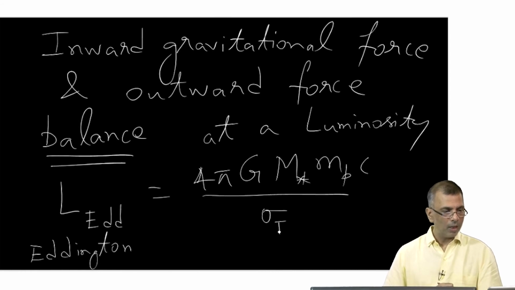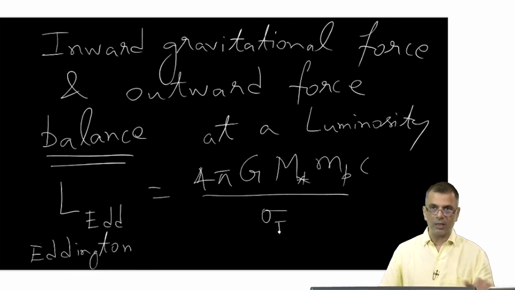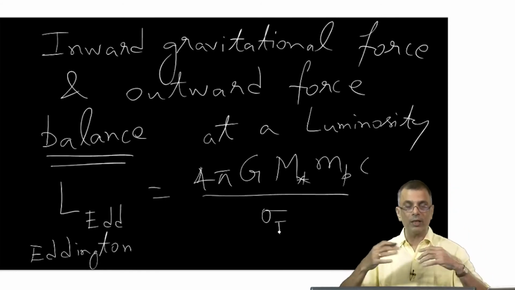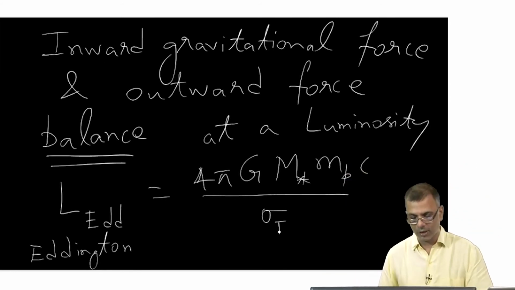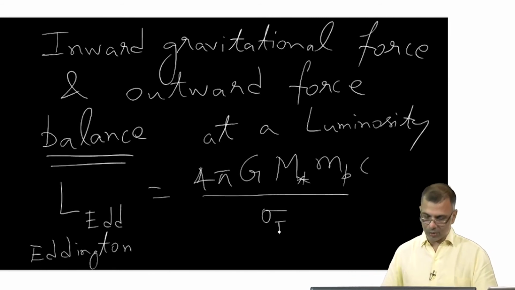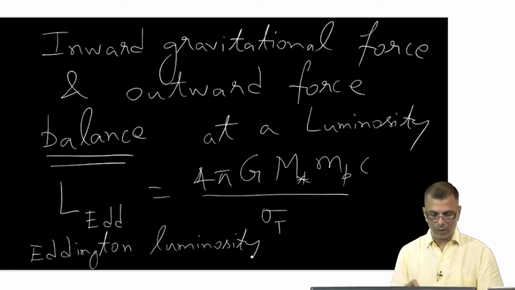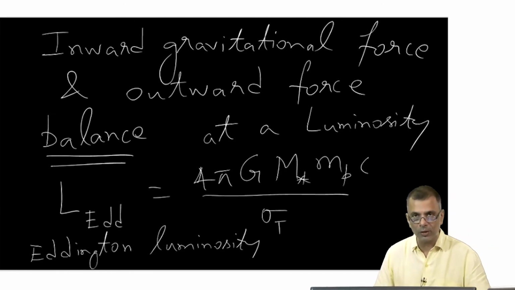So when the luminosity of the central object is larger than this value, the surrounding hydrogen gas, which is trying to accrete, will be blown away by radiation pressure. So you cannot accrete beyond a certain limit. This is called the Eddington luminosity. So what does this have to do with the accretion rate? Well, if you work it out, it will turn out